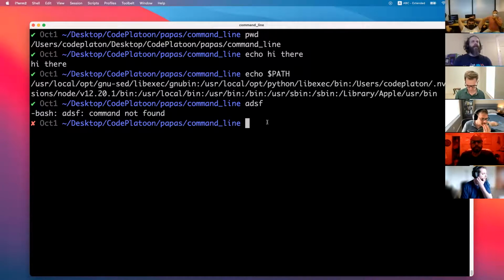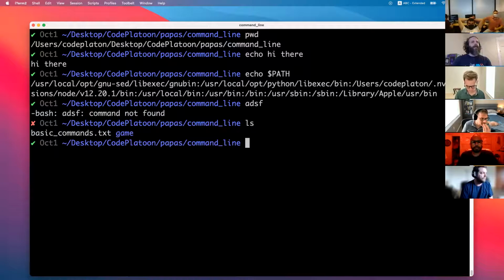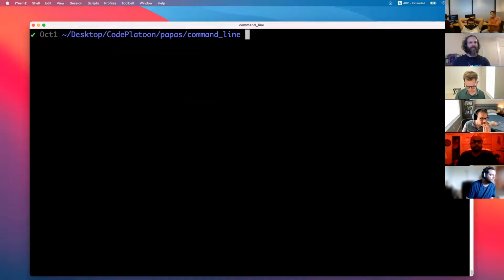All right. If I want to, I guess I shouldn't have just done that. Dang it. So how do I see the contents of the current directory that I'm in? You already did it. The ls command will show everything in your directory. Okay, couldn't sneak that by you. So ls is list, you can think of it as a list. It's going to list the contents of whatever directory I'm in right now, which in this case is everything / command line. So ls.